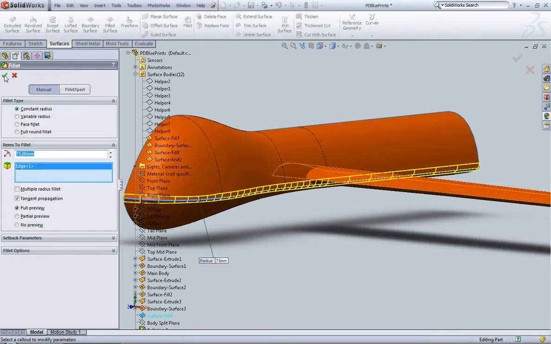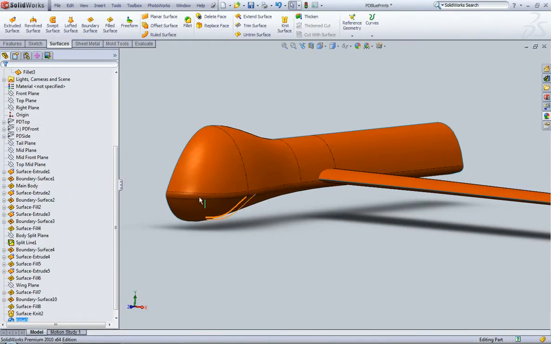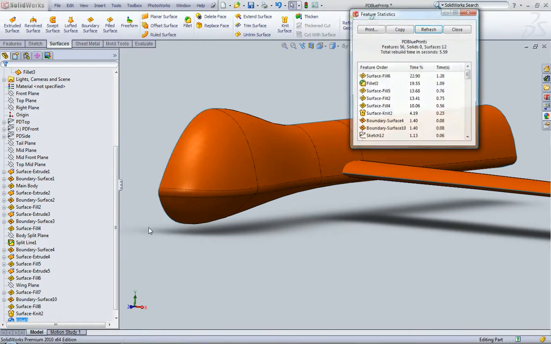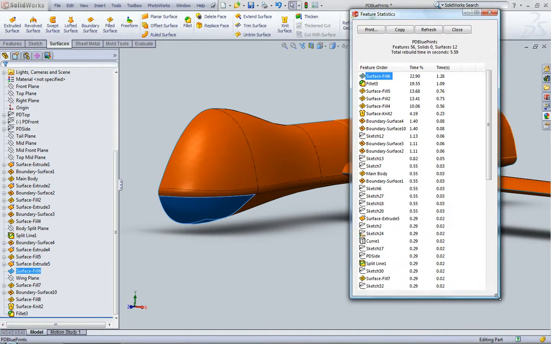So I'm just going to apply a fillet to this. Now a fillet on these surfaces, not only does it need to trim back the surrounding areas, but it also needs to apply this constant radius over all these changing surfaces. If we go back into feature statistics, then you can see that fillet, well, that was pretty high. The surface fill down here was still the main hog of our system, but that fillet's not really that far behind. We just added another second to our rebuild time, and that's 1 second out of 5.5 seconds, which is a pretty huge